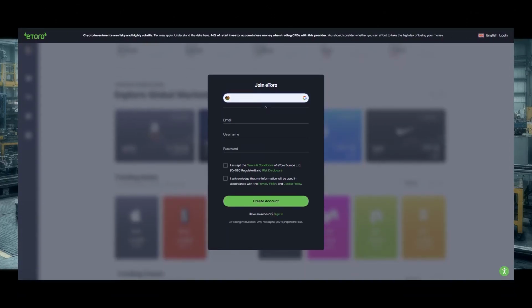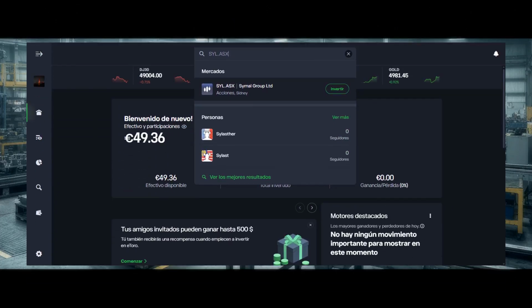To buy shares, you need a broker. We use eToro as a neutral example to show the steps. After registering, you will need to verify your account, typically by uploading an identity document, and add funds before purchasing. Use the platform search box and type the ticker